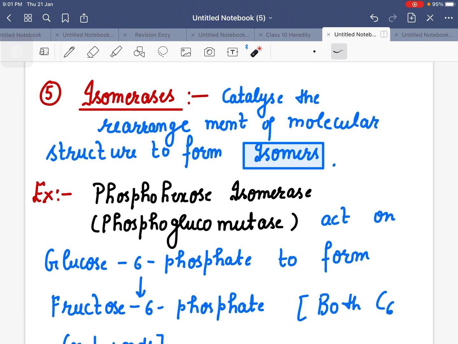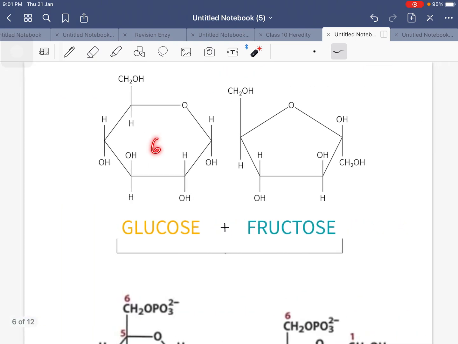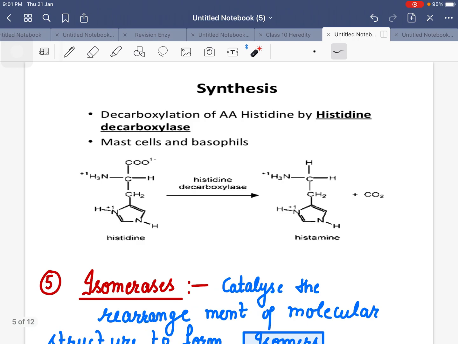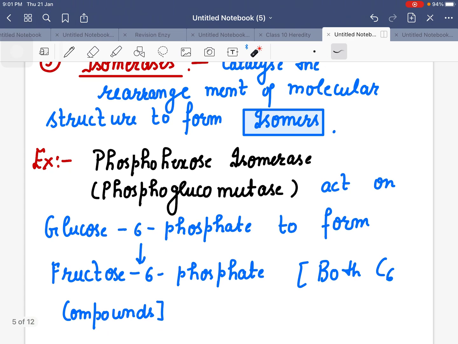Isomerases. When we say isomer, like glucose, its isomeric form is fructose. It means they are similar. They both are 6 carbon compounds. The only difference is the arrangement of their structure, right? So when there is a rearrangement of the molecular structure to form the isomers, that is done by the enzyme isomerases, like your